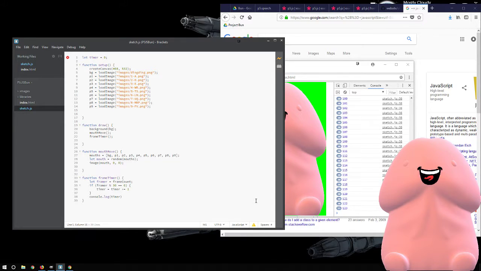Okay, so let me think. I can change what the frame rate is so that I can easily, if I set the frame rate to 100 and then modulus the frame count by 50, then I think half a second between mouth movements is probably, oh no, because I had it set for